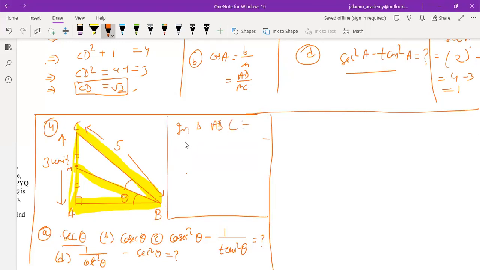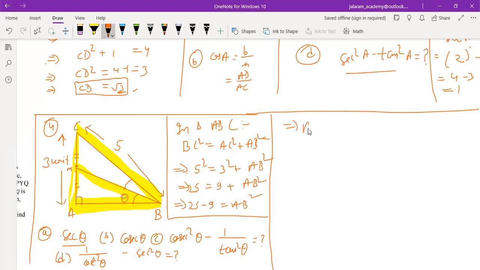So in triangle ABC, if we use Pythagoras theorem, that is hypotenuse square equals to perpendicular square plus base square. It implies BC is 5. So 5 square equals to AC is 3 square plus AB square. It implies 25 equals to 9 plus AB square. It implies 25 minus 9 equals to AB square. It implies AB square equals to 16. It implies taking square root both sides, AB equals to 4 unit. So when we have calculated AB equals to 4 unit,